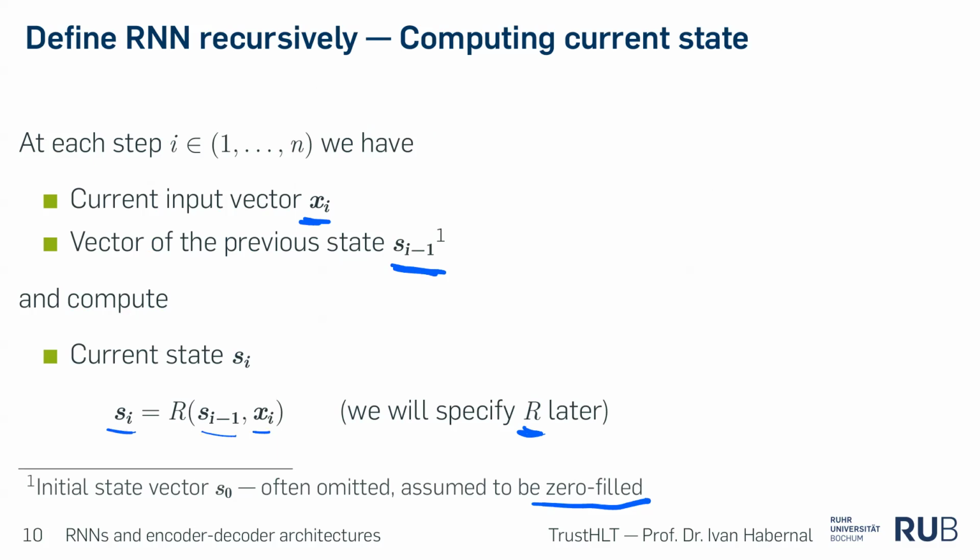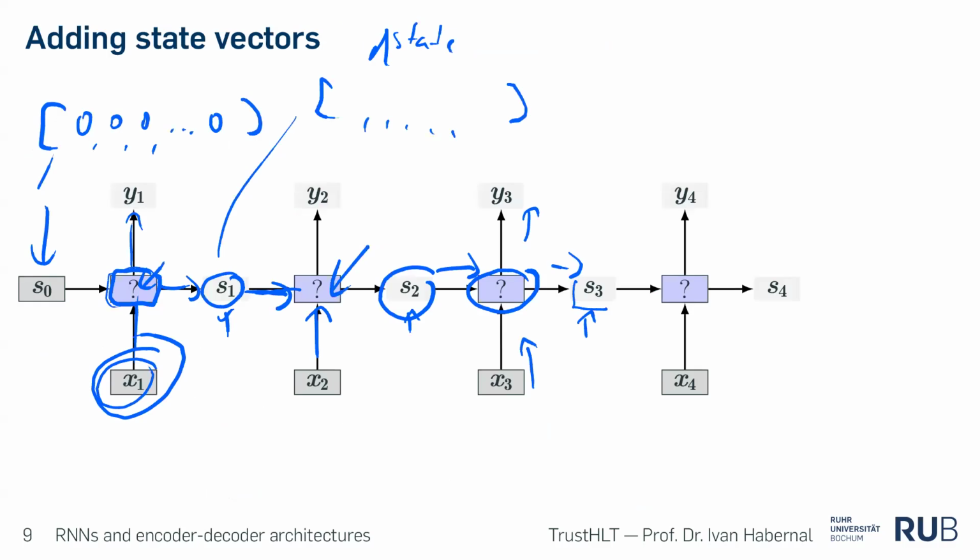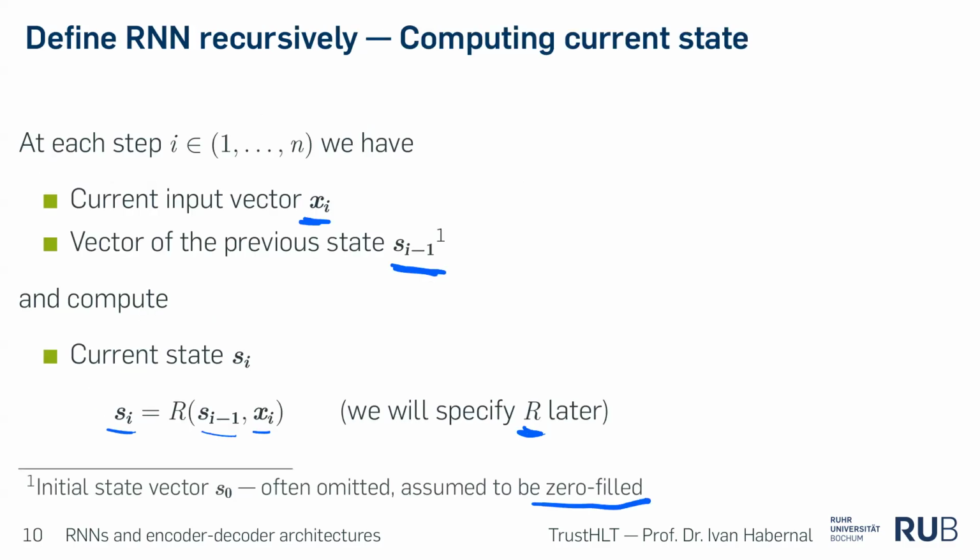What is it going to be? It depends on the actual implementation, but there's a function doing r. So we have the state. What else are we missing? What do we need to compute again? Yeah, the output. Can you guess what this is going to be, similar to this?